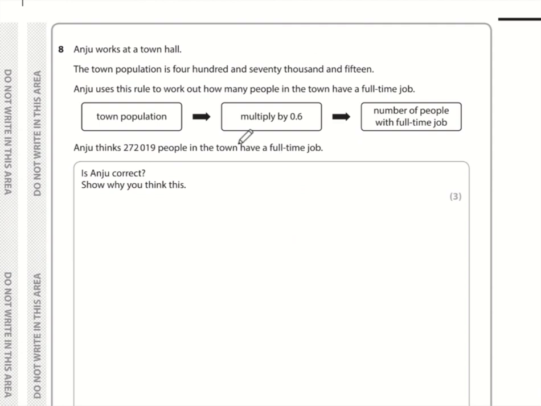Okay, so for this question, Andrew works at Town Hall. We know that the population is 470,015. Let's write that correctly. So remember, 1,000 is a comma, so 470, comma, and 15, 015. So we need to multiply this by 0.6 as per this formula here, and 470,015 times 0.6 is